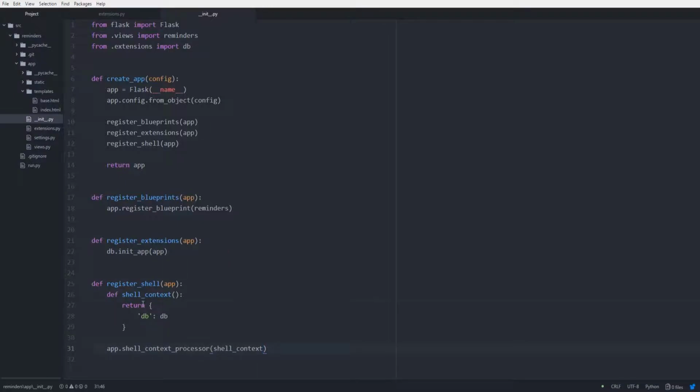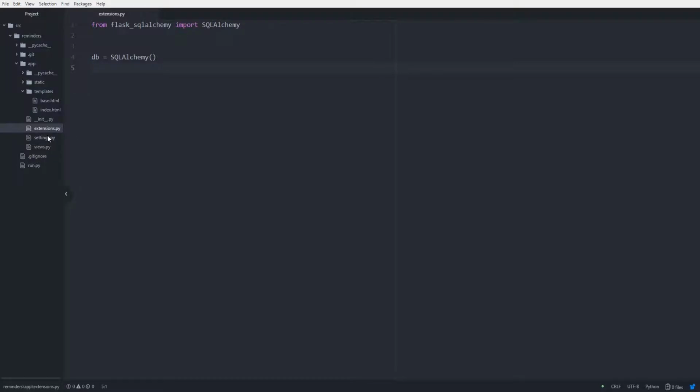So just briefly, what we're doing here is we're registering a shell context for the Python shell. And what that means is when we work within a Python shell, we want to give that shell access to our application context, and within that context we want to pass it some parameters. At this point we only have 1 that we want to pass it, but later we're going to want to pass it more. So basically when we work within our Python shell, we want to have access to our database object. So we'll save out of the init file,